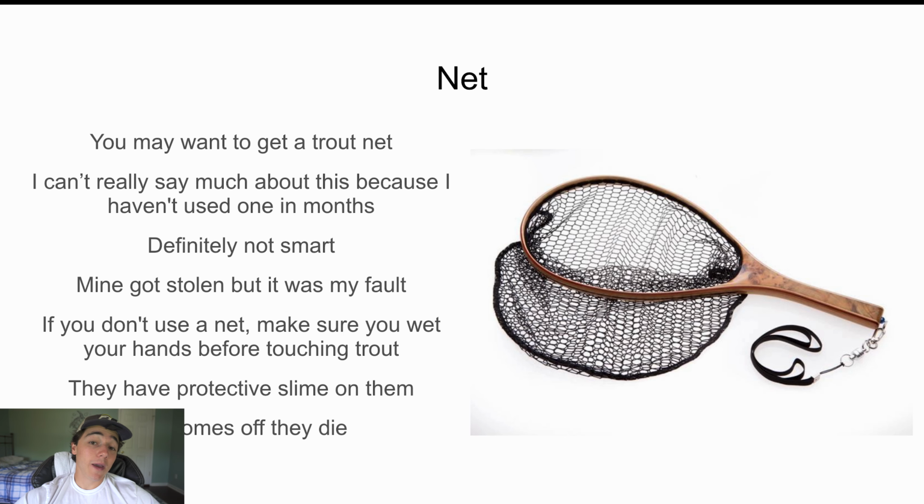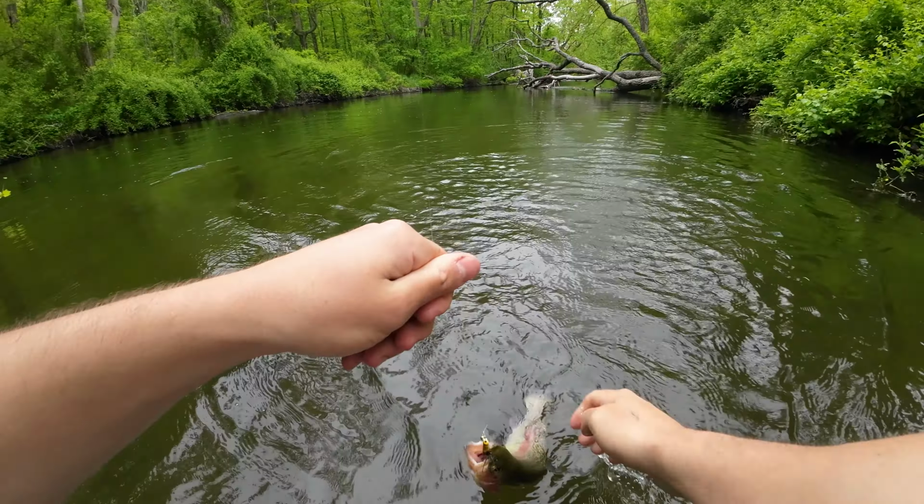Okay, so net. You may want to get a trout net. I can't really say a lot about this because I really don't use one, and there's a reason for that. So mine got stolen about probably a month and a half ago. It was definitely my fault. I left it on the bank of a creek, came back like a half hour later, and it was gone. Now I just have to bare hand the trout, but I always wet my hands before I touch them